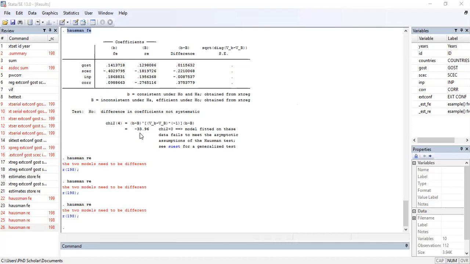That's why for this test, when all these conditions are fulfilled, we will go to the OLS, ordinary least square assumptions. When all the ordinary least square assumptions are fulfilled, then we will go to the Hausman test. So it is showing that as the R square value